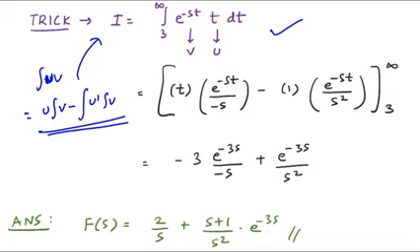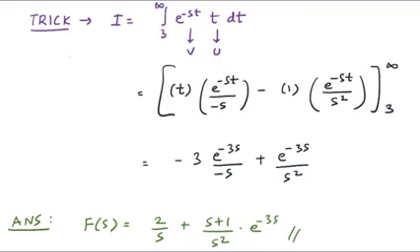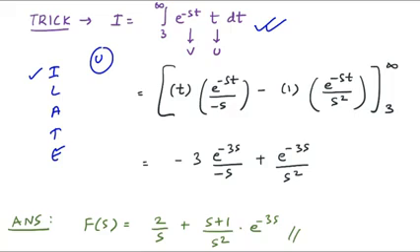But first of all you should know which part is u and which part is v. How can I say that the variable t is u and the variable e raised to minus st is v? For that we have a rule. Now the rule is you have to use this logic ILATE. ILATE is the priority which you have to consider for the variable as u. If the function has inverse, it would be treated as u. In this question we do not have any inverse function, right? Then go for log. If log is present, we can consider it as u. Again, log is also not there.